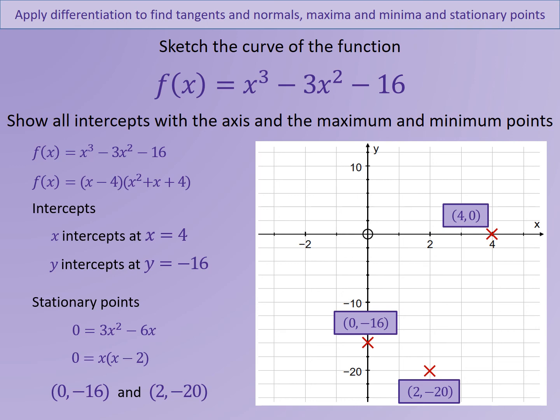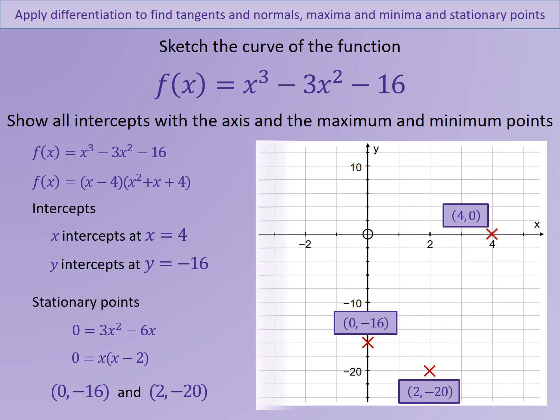And if I put those values back into the original equation, I've now got the coordinates of my 2 turning points. One of them is in the same place as my y-intercept, and the other one is at 2, minus 20. And the final thing that I know about this cubic that is going to help is because it's a positive x cubed cubic, it's going to come up from the bottom left-hand corner. And now I've got everything I need to be able to give an accurate